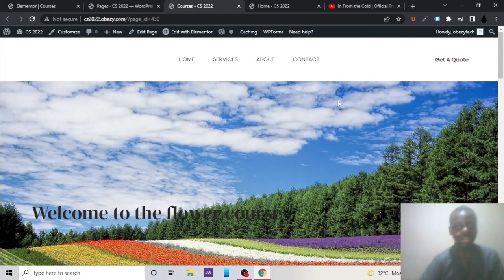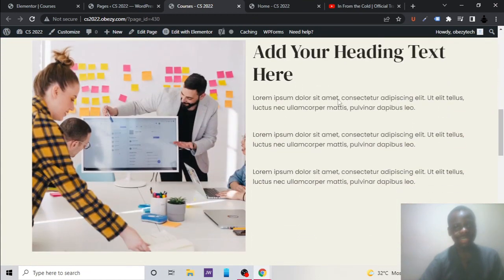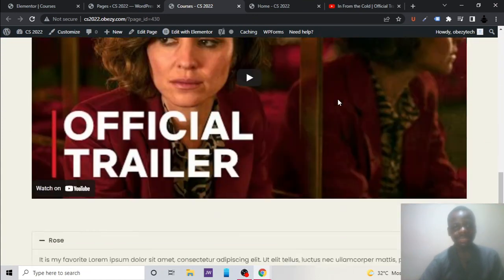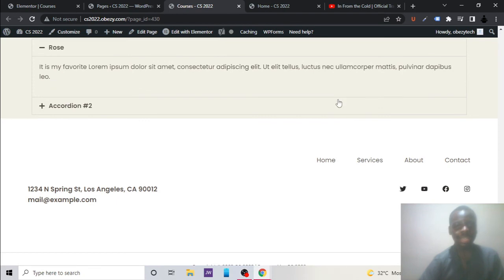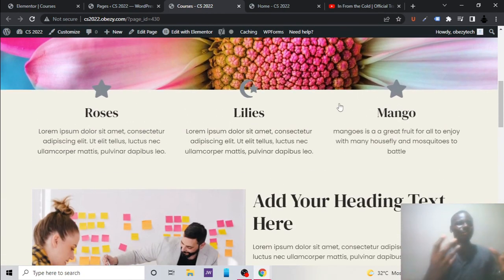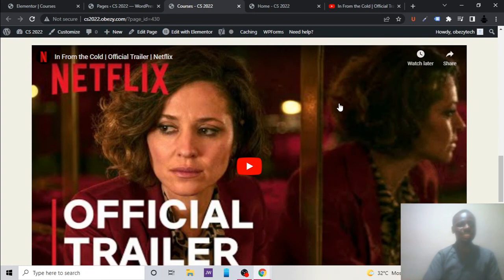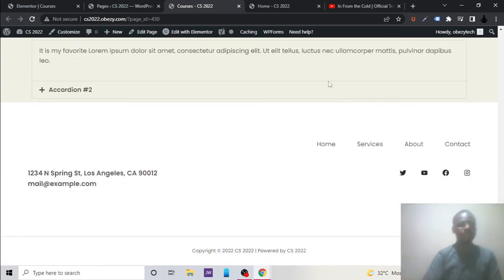So yes, that's our page. We built it from scratch. Magnificent. So you can build any page from scratch. You can always import a template, but if it doesn't have all your features, then you build your page from scratch. The pages you need, you can always build them from scratch. Please, if you are building it and you're having problems, always go to Google or YouTube, see how to build it,